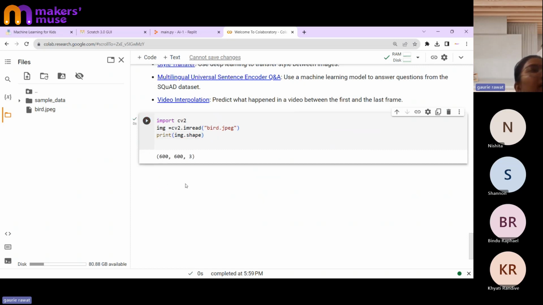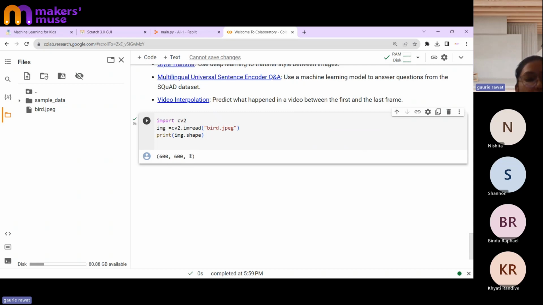Okay, now this is what I have gotten over here. One thing is my height, width, and what is this third number? At the starting, I told you that whatever image we're taking has the concept of three colors. That's the reason I'm getting this three over here. The other thing I told you is that if I upload a black and white, grayscale image, this three would not come up.